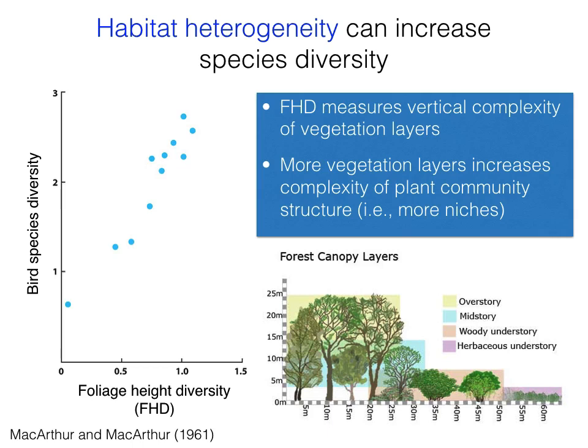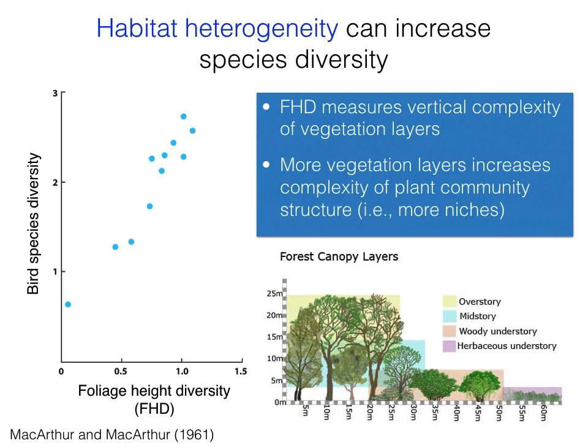So they measured the vertical complexity of different vegetation layers in forests, and then asked whether bird species diversity corresponded to that. And what they found was that when you have more vegetation layers,